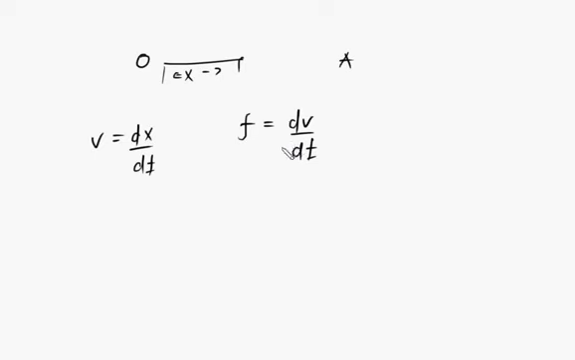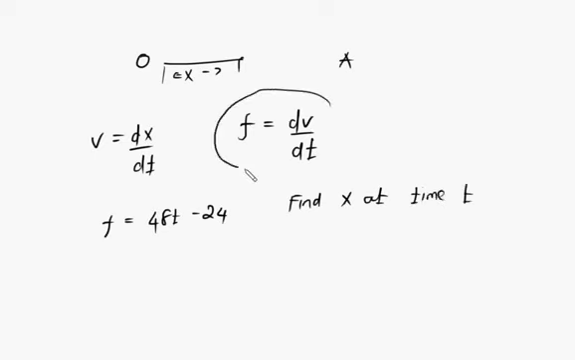And then he says f acceleration is now 48t minus 24. He says, find the distance x. Now from here,